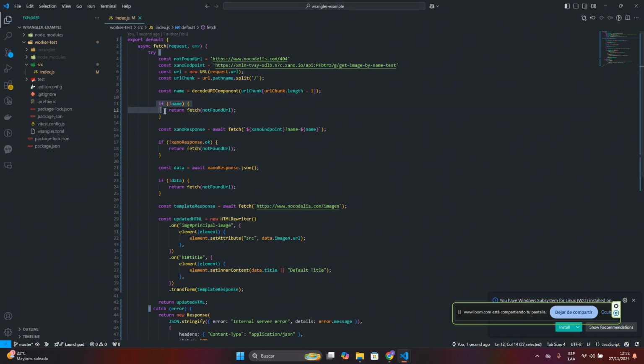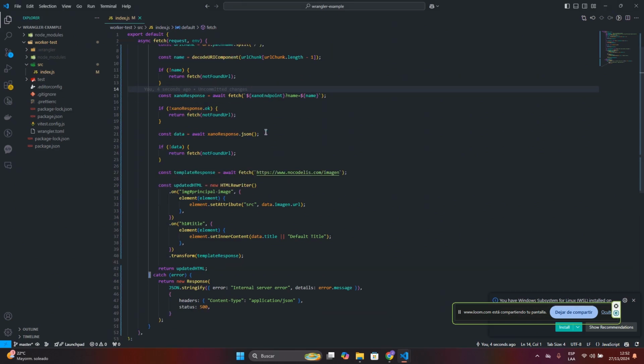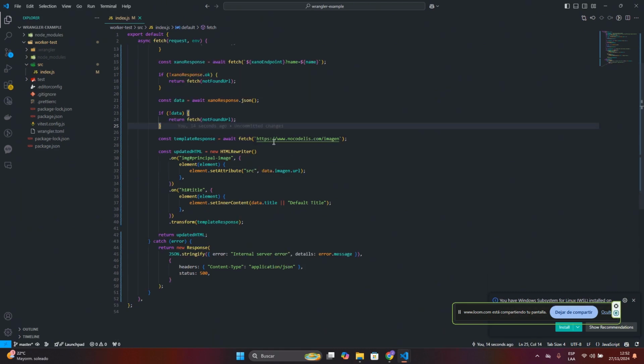Well, I have some validations. If all's good, we pass the name to the Xano endpoint and return the data. If there's nothing, we also return a 404. And here's another extra step. Once we have the data, we consult the original Webflow template, which is